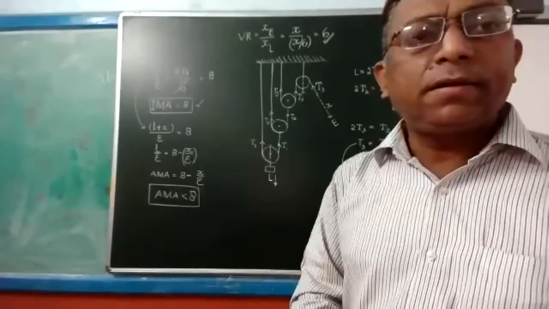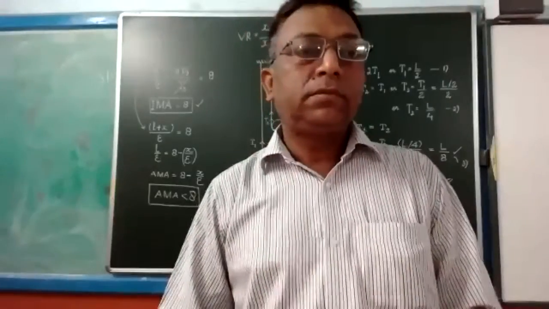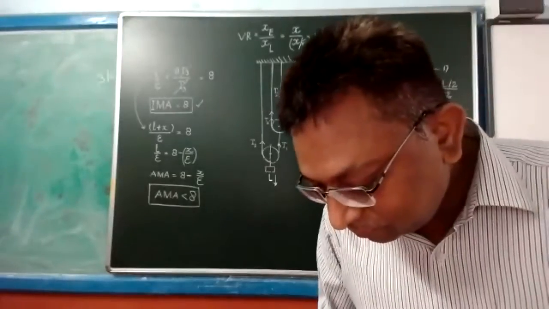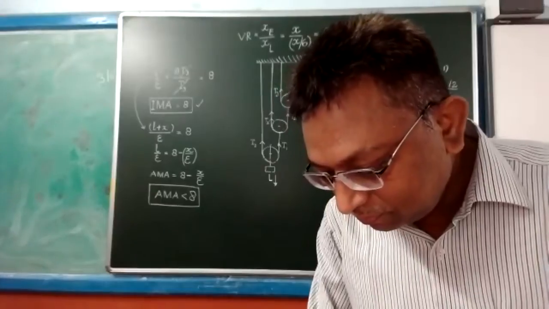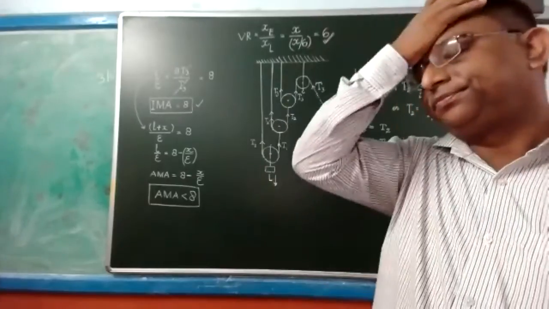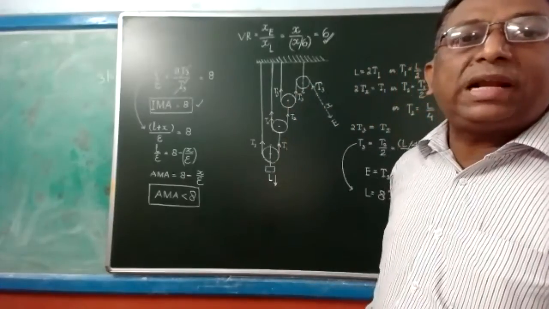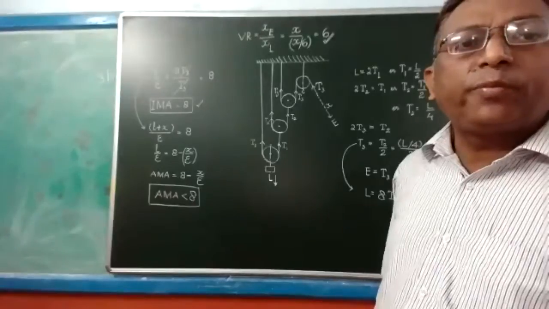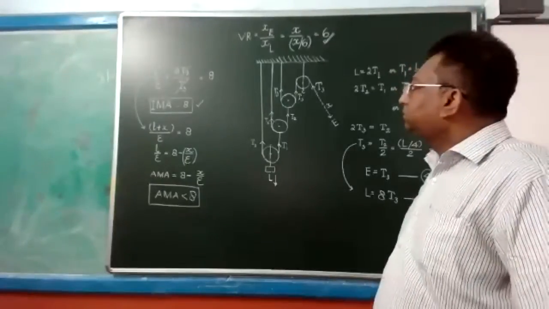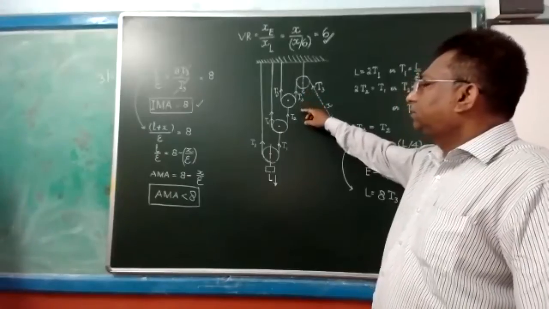All of you got the point? Yes, Sachin Srivastava. Sir, if we see in the diagram, the pulley which is having the tension T3 will get moved by x by 2 distance, no? At which step are you having a problem, Sachin? Sir, in the velocity ratio only. The pulley near to the fixed pulley, it will get moved by x by 2 distance.